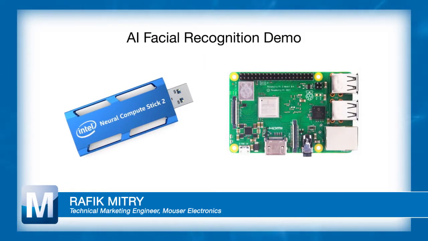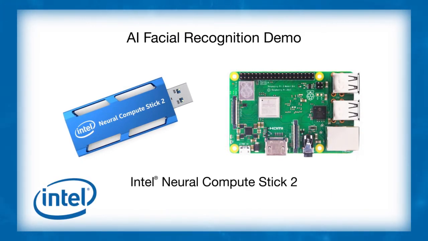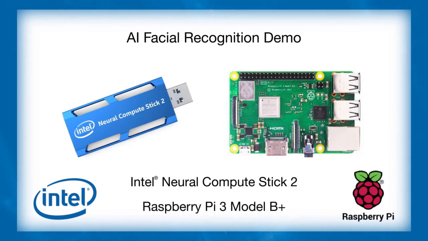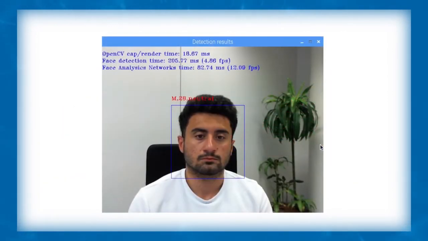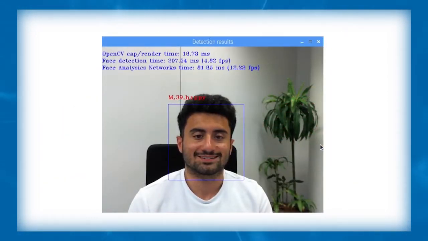Today, I will show you how to run an AI-based facial recognition using Intel's Neural Compute Stick 2 hosted on a Raspberry Pi 3B+. Before I start with the tutorial, let me show you what the project will look like. The Intel Neural Compute Stick 2, NCS2, is a neural compute engine that can run deep neural network applications on device without the need for cloud compute resources. In this demo, the NCS2 runs a neural network to detect a human face, additionally estimating the age, gender, and emotions.